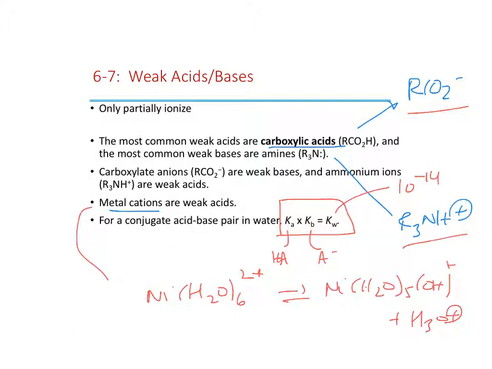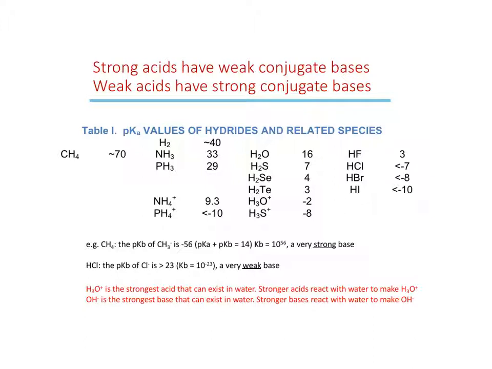But the good thing about this is we can always work out Kas or Kbs for the complements, the conjugates of the acidic or basic species that we already know. And one big rule of thumb is that strong acids have weak conjugate bases and weak acids have relatively strong conjugate bases. So by example,